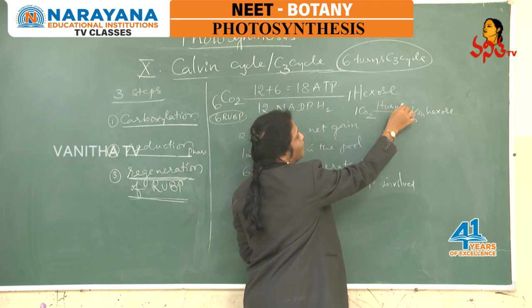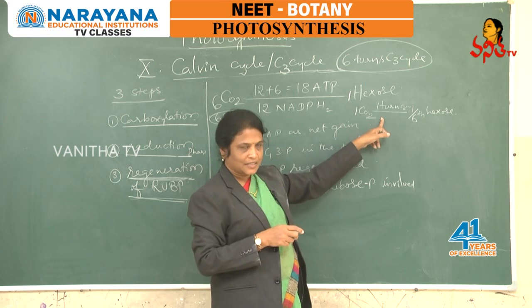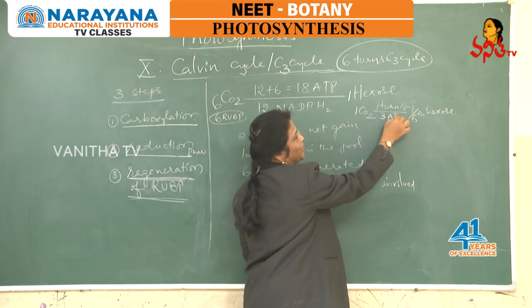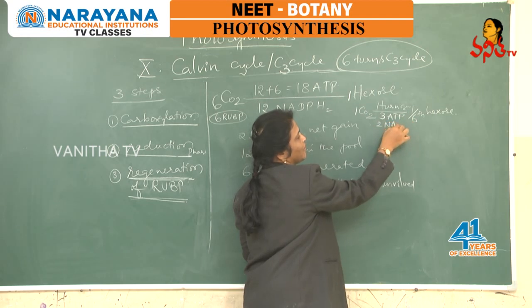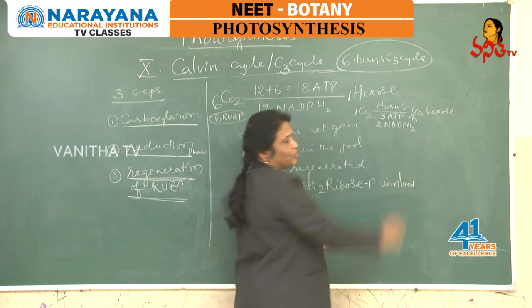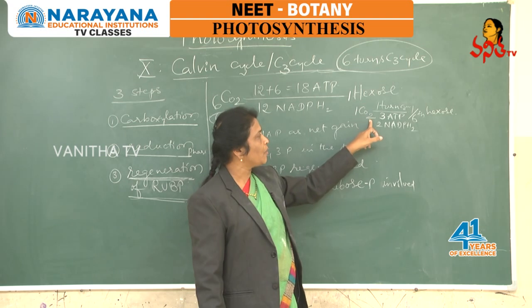Only 1 turn we consider. And the assimilatory power utilized here is 3 ATP molecules and 2 NADPH molecules. Okay. So, 3 ATP and 2 NADPH molecules are utilized for the fixation of 1 carbon dioxide,